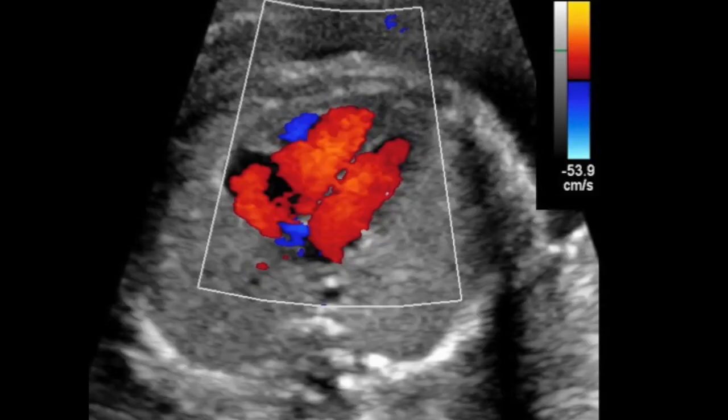Then once you put on the color, this is the spine, these are the atria, and the blood flow direction is from the atrium to the ventricle, which is towards your probe, and that's why you will see it in red. It should completely fill up the ventricles. The flow through the foramen ovale is from the right atrium to the left atrium. So all these things can be looked at in the color Doppler examination of a four-chamber view.